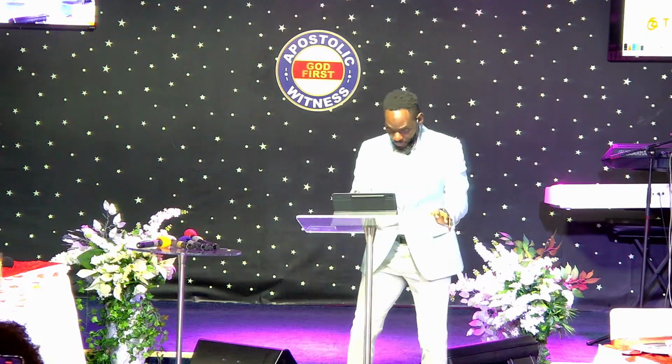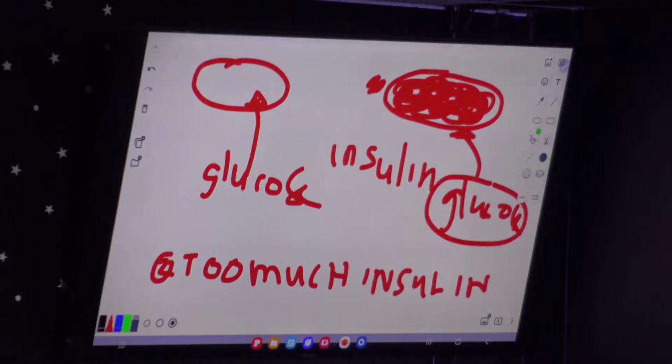So it's what happens to the cells when they lose respect for insulin. And that is bad. Why is that bad? Because there is a one-to-one relationship between the concentration of glucose and the amount of insulin. So first, when this cell that is fat-laden cannot take up glucose, what happens is that glucose begins to accumulate in the blood, like this.